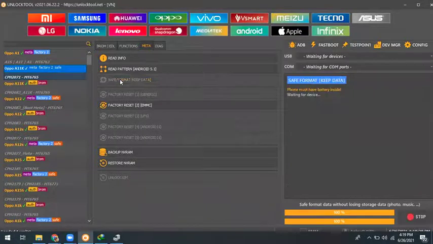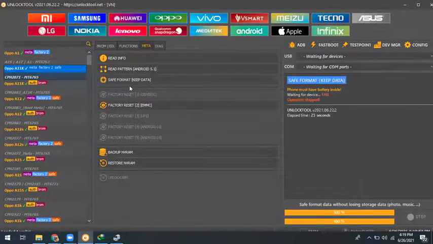Simply select safe format and do not press any key on that model like Oppo A11K. Switch off your phone and connect without any volume key or power key. Switch off your phone, with the inbuilt battery, and connect it to the PC. It will get a Meta port and go into Meta mode, erasing the pattern only. Got it? So this is a function you can do with safe format, that is keeping the data, or unlocking without loss of user data. But if you take factory set, it will erase your data. Got it? So that is an example.